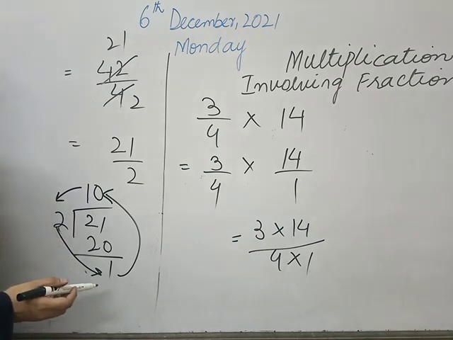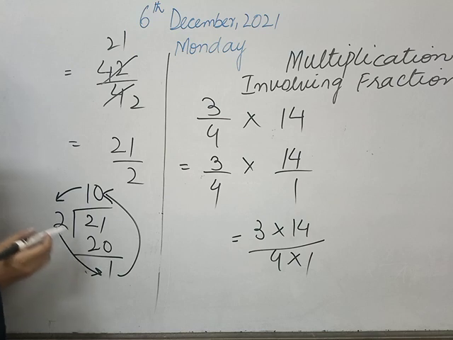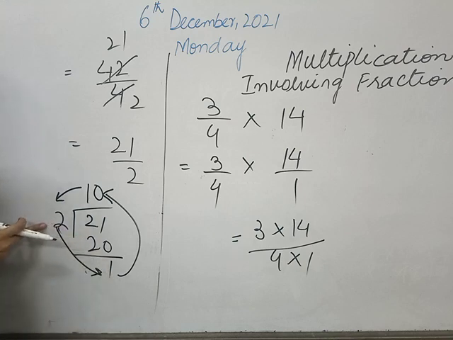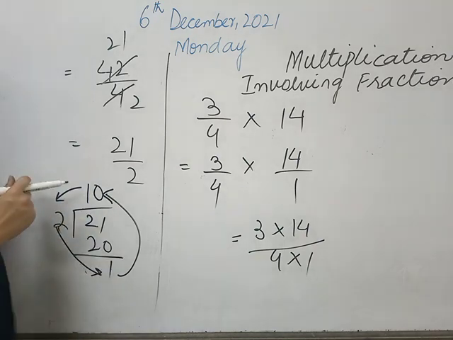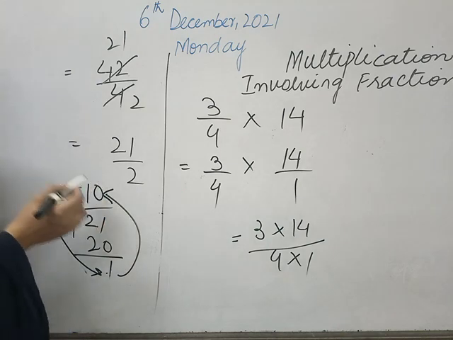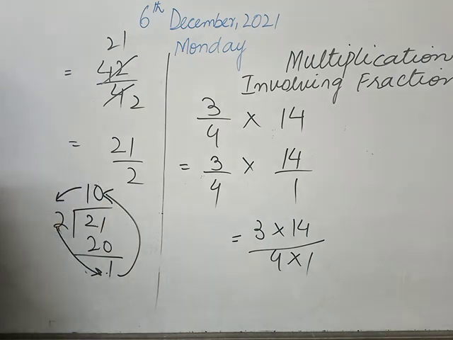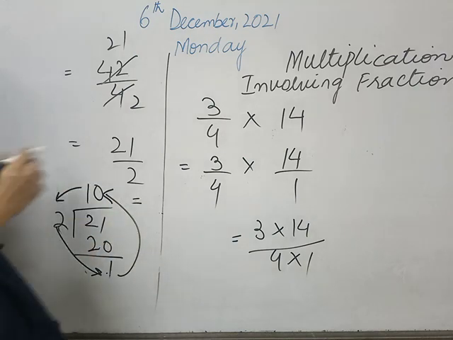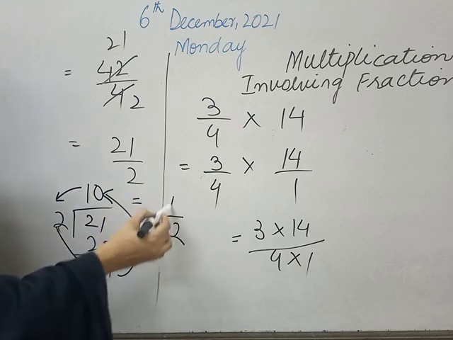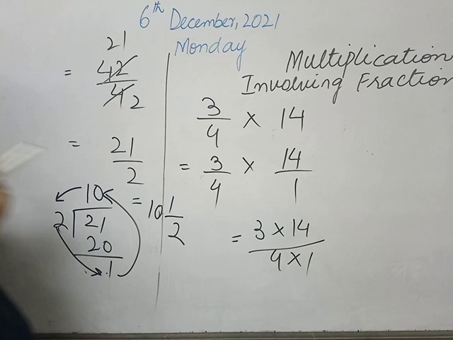We will start a cycle of shifting the numbers when the number at the remainder place is smaller than the divisor. जब हमारे पास ये छोटा हो जाएगा नंबर डिवाइजर से, तब हम उसकी शिफ्टिंग करते हैं नंबर्स की, और वो शिफ्ट किस प्लेस में होता है? Divisor will be shifted into remainder, remainder will be shifted into quotient, and quotient will be shifted into divisor. So after solving this, we have a mixed number which is 10 1 by 2.